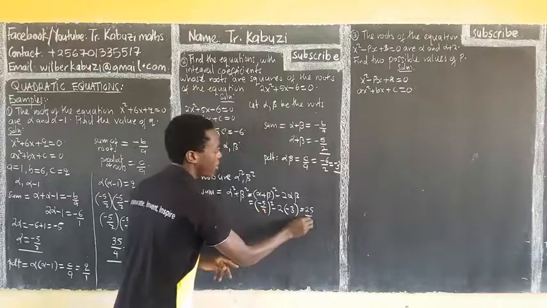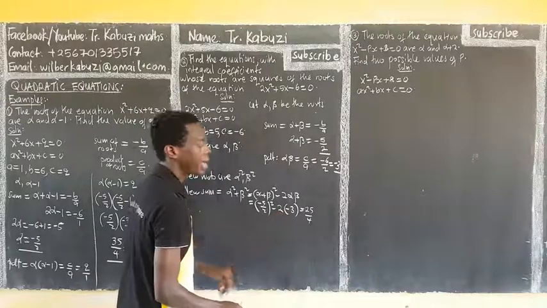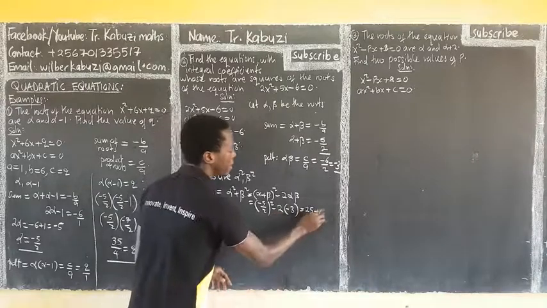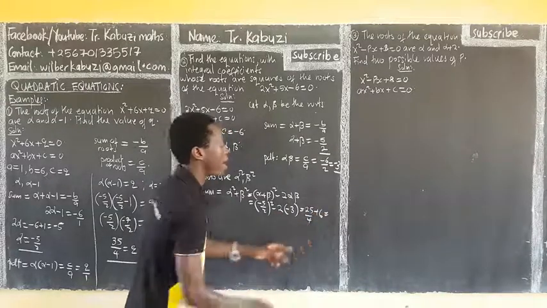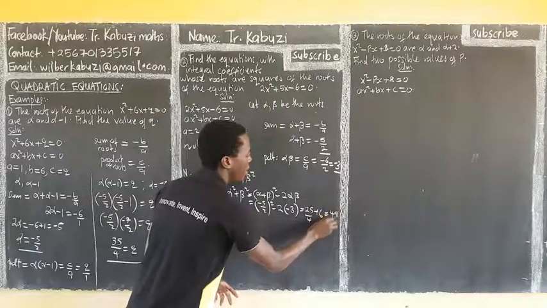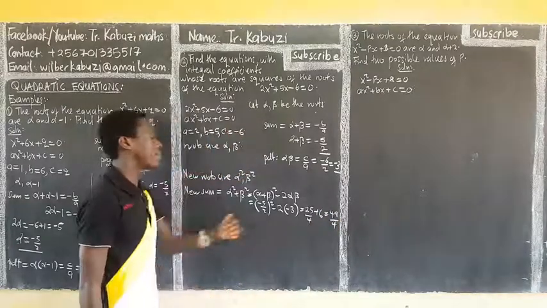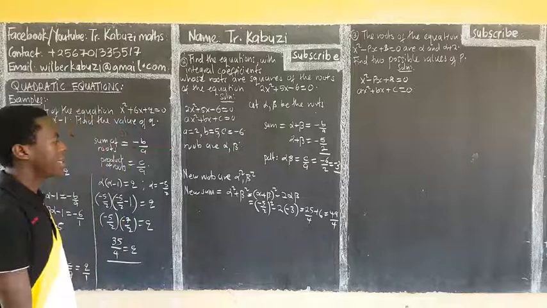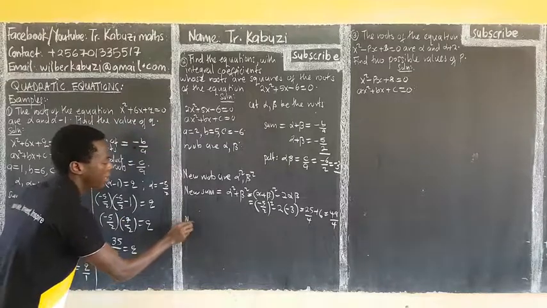When you square 2, you get 4. Minus to give you a positive, then plus 6. When you cross multiply, we add 49 over 4. You simplify that. Then I come to my new product,